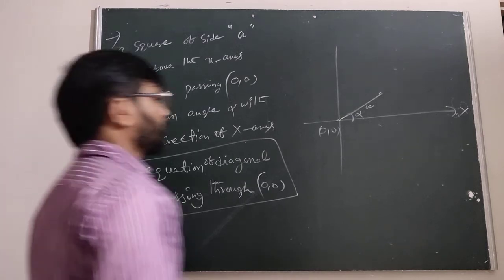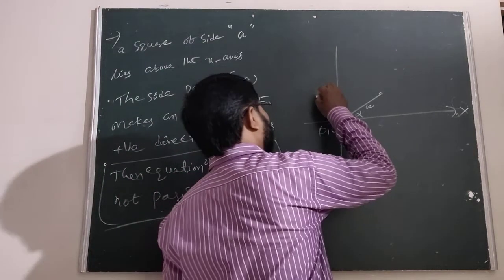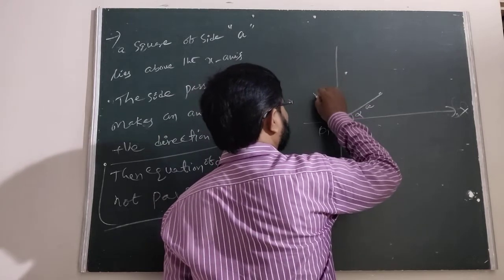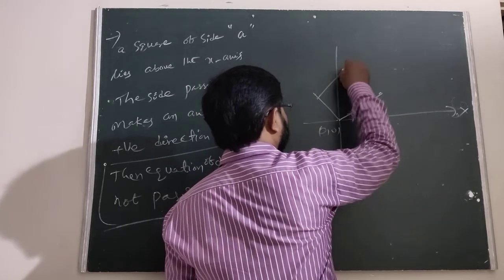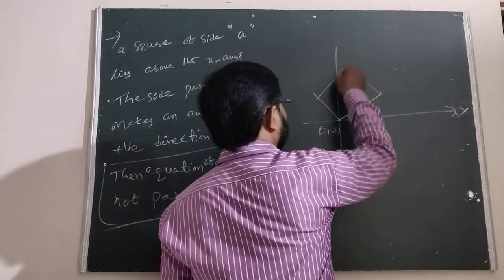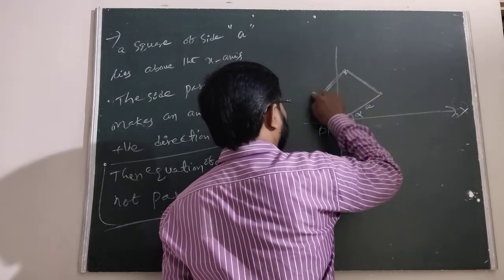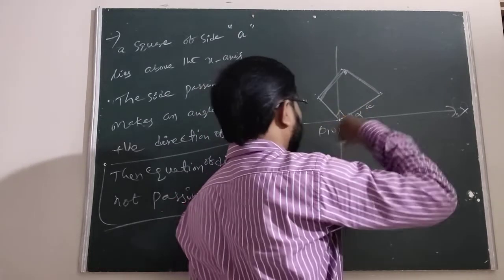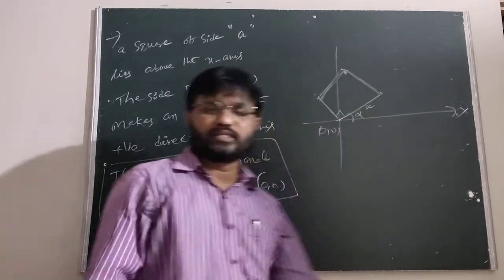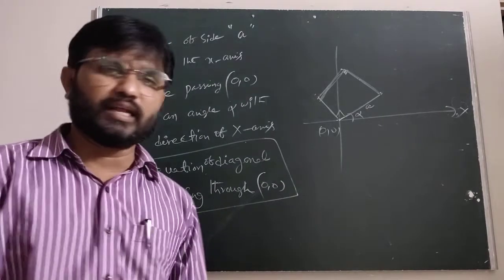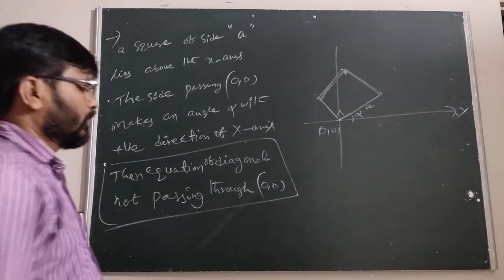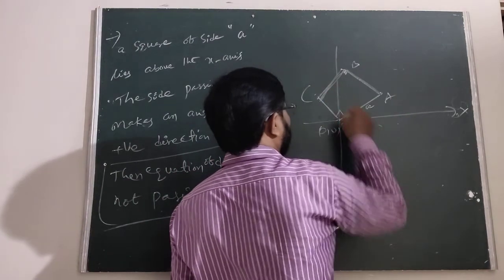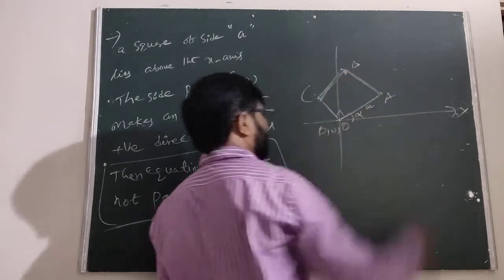When the side is passing through the A, we have to know that, all of you clear here. Now this looks like a rhombus, but when each angle is 90 in a rhombus, undoubtedly the rhombus becomes a square. Is it clear or not? Therefore here, in the parametric form, this is the origin, this is A, this is B, this is C. Now OB is one diagonal, AC is the other diagonal.